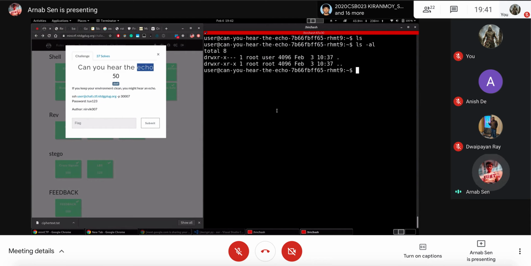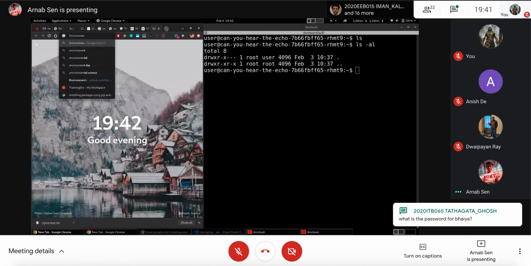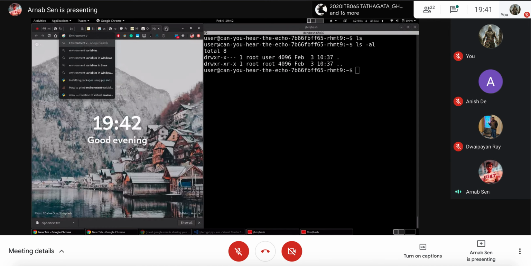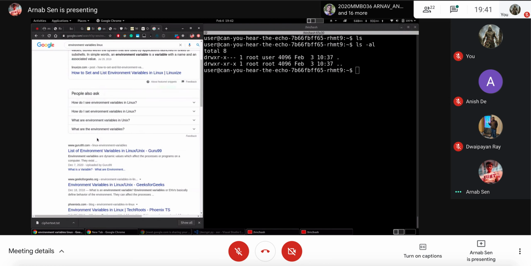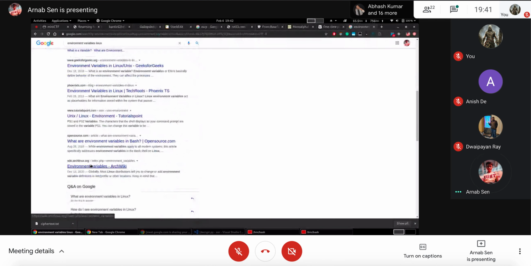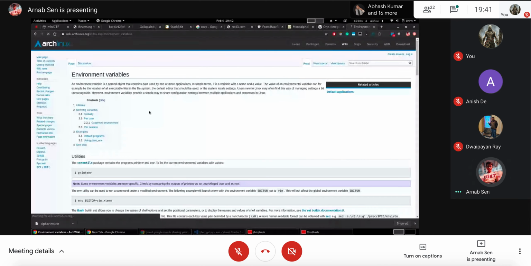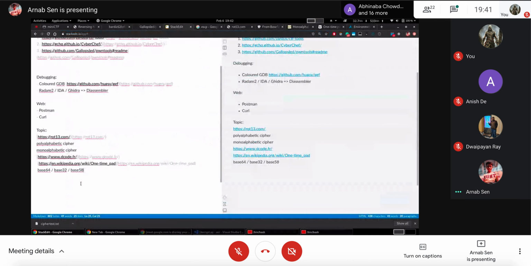Whenever you are on a machine, there are certain variables used by the machine. These are called environment variables because you're in a different environment, and you can access them.